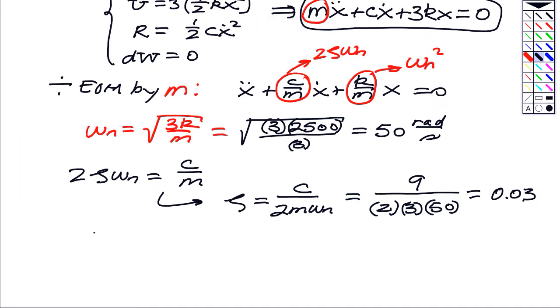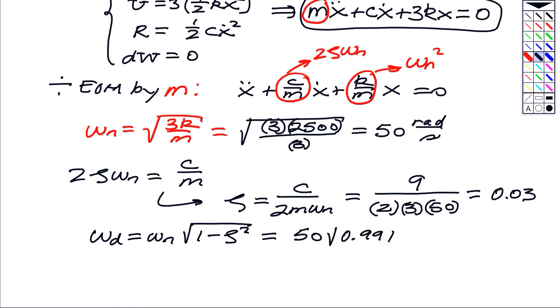The damped natural frequency is omega n times the square root of 1 minus zeta squared. That's equal to 50 times the square root of 0.991, which is effectively the same thing as omega n. Effectively, it's 50. The important thing here is that since we found that the damping ratio is less than 1,